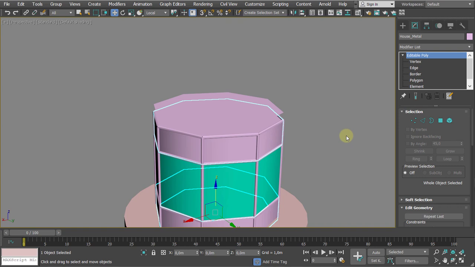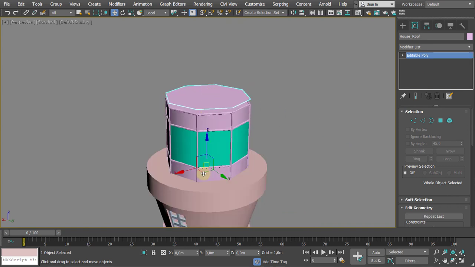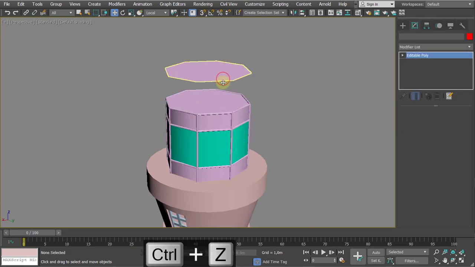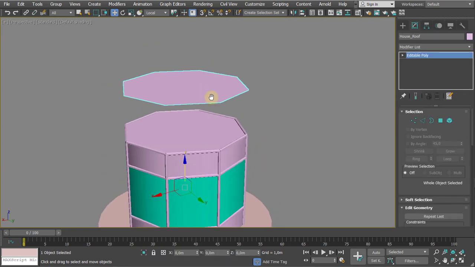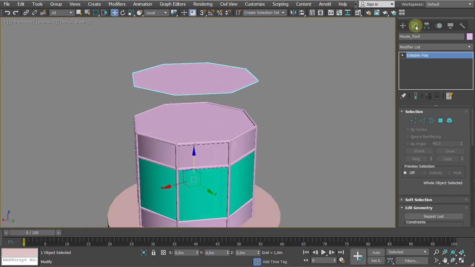So house metal is left, and now I'm switching over and selecting the house roof. And as you see, the pivot point is at the same location, so even if you're selecting this, the gizmo will be somewhere else because of the original pivot point. So if I want to make it easier to model and move these things around, I can go in a